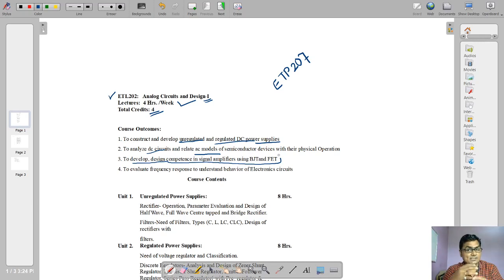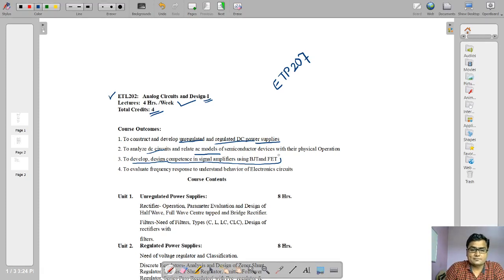See, we are going to study amplifiers using BJT and FET. It means we will be able to analyze and design those amplifiers using BJT as well as FET. To design an amplifier, we have two options. Either I can go for the use of BJT or I can go for the use of FET. Both components are very useful for designing an amplifier. So you will be able to design and develop all amplifier circuits using BJT as well as FET. That's your third gain.